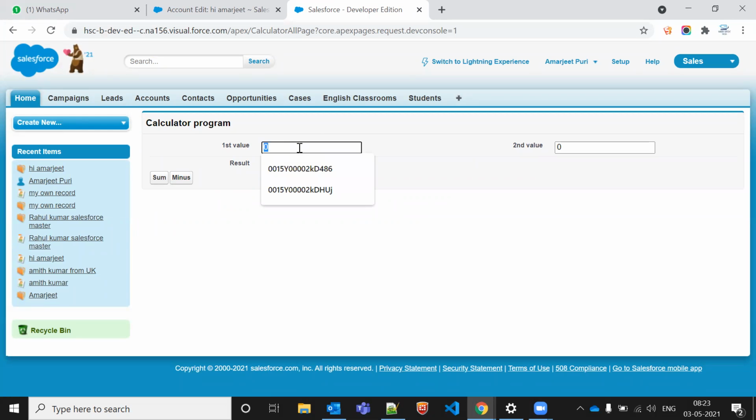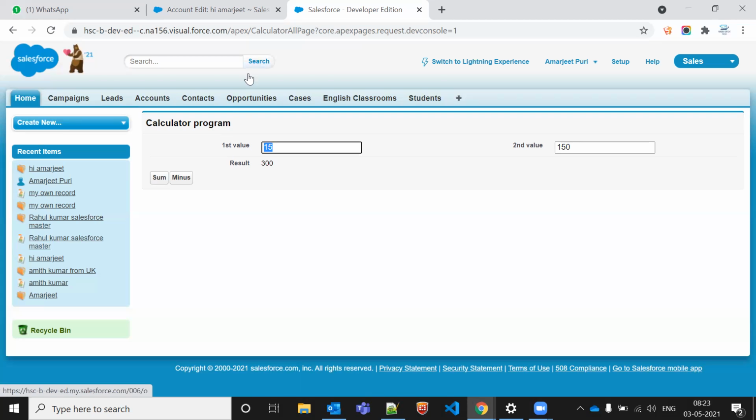So now what will I do? Let's say I'm passing some value here. Let's say 15 plus 15, it should be 30, right? It should be 30. It is 30. If I make the minus of both of them, it should be 9. If I'm making it 150, 15 minus 150, I'm making it minus.